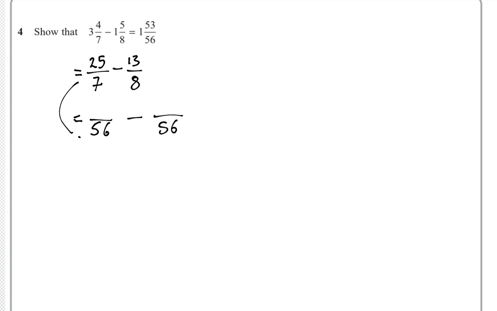So 25 times 8. Times top and bottom by 8 doesn't change the size of the fraction. So that's going to give me 200. And then times by 7 for the other fraction. So times top and bottom by 7, that gives you the 56. 7 times 13 is 91. So then you've got 200 minus 91, which I make